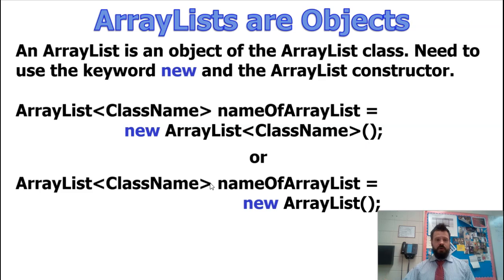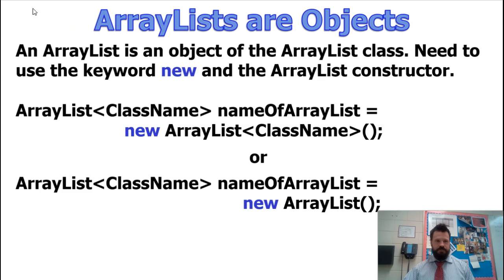Okay, or we can do the same thing: ArrayList, class name of the ArrayList equals just new ArrayList without these pointy braces in the class name. Either one of these will work. We're not really going to see the difference in this course, but let's say you use this first option. There's a few more things the compiler will catch if you do it this way as opposed to the second way. So let's say we're going to make ArrayLists